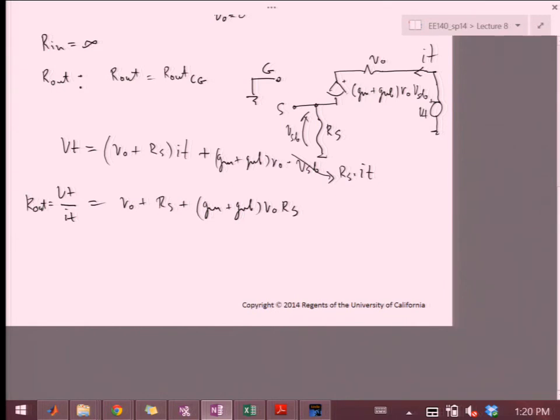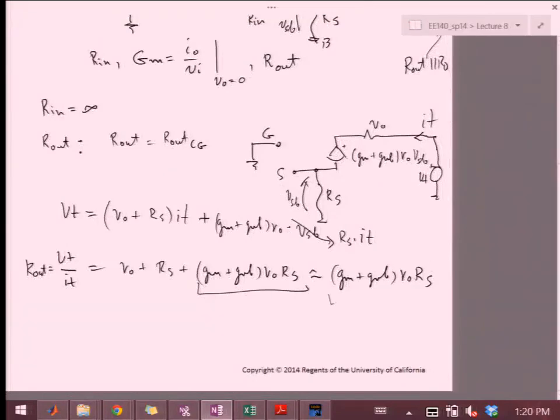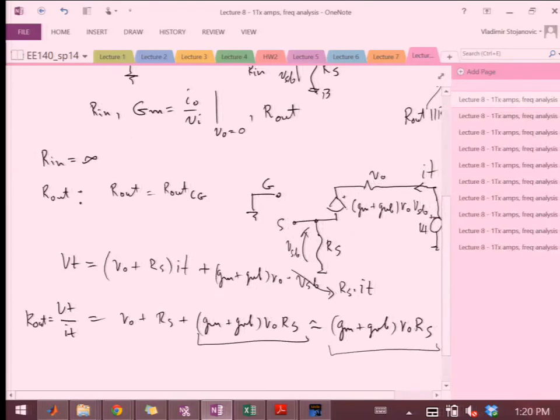And then for all intents and purposes, this part over here is actually the dominant part. So I'm just going to simplify it like that. Okay, so we got ourselves the Rout, and now we're going to take a look at the other piece,